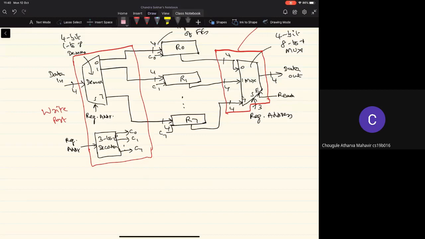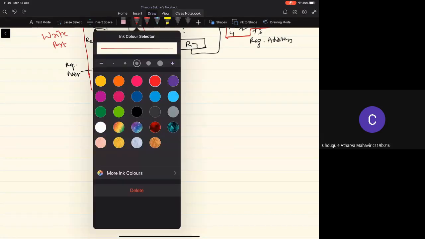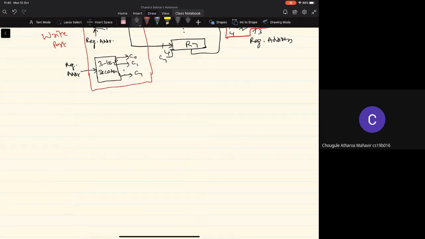Let me close the discussion here by giving the generic structure of the register file.